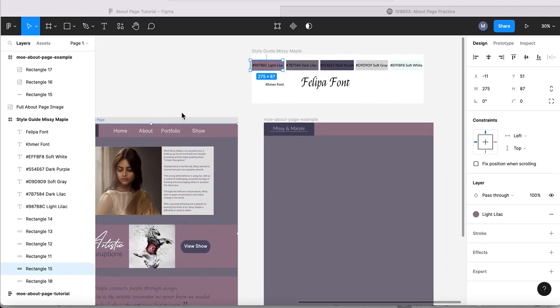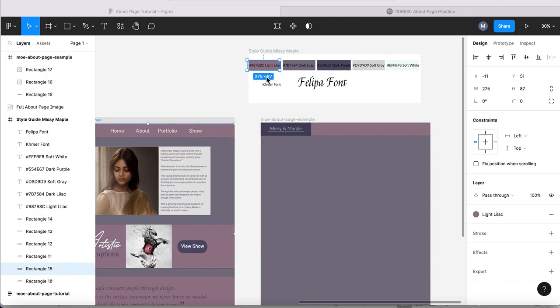And this will come in handy because when you're creating a whole wireframe for a website, you don't want to have to, on every single web page, go through the same work to set this up. If we just set it up once and then select the style, then that's great. Now I want to see what my home text looks like against a light lilac background, so I've duplicated